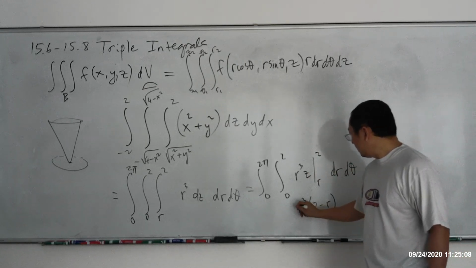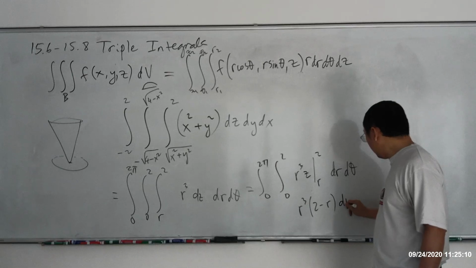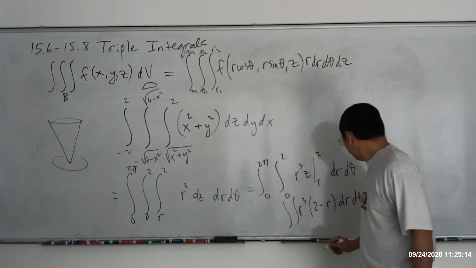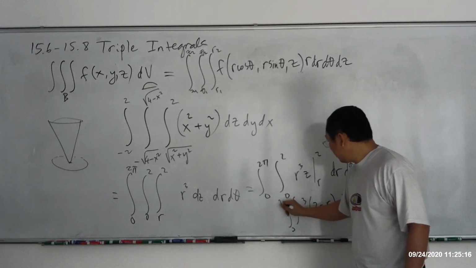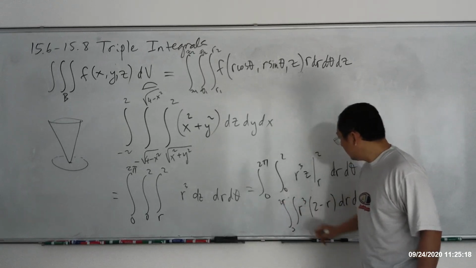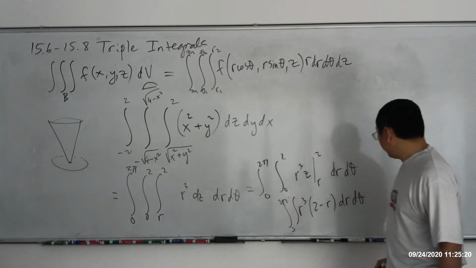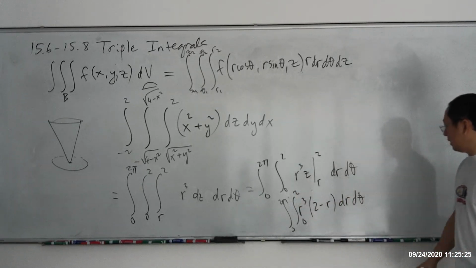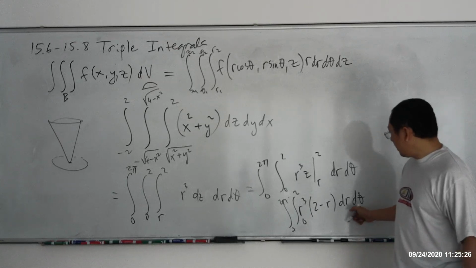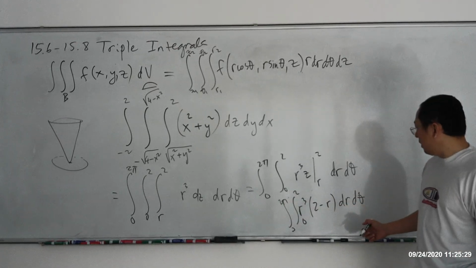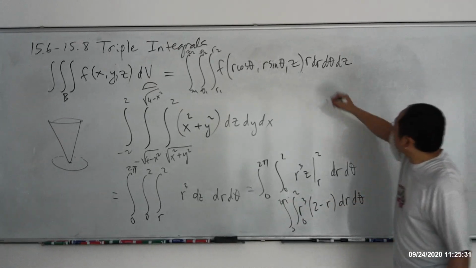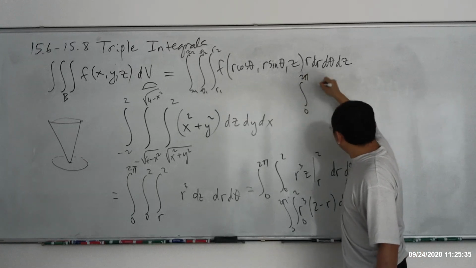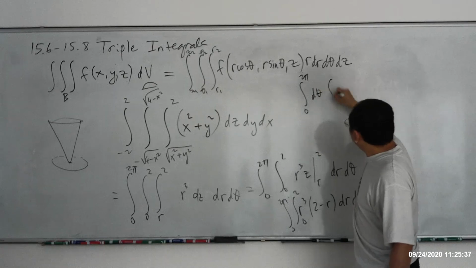And then dr d theta is a double integral. Theta runs from 0 to 2 pi. This is my 0 up here. And then r runs from what to what? From 0 to 2. Now it's separable. We can do it separately. So theta right here from 0 to 2 pi is just 2 pi. And the thing inside, let's say, integral from 0 to 2 pi of d theta times integral from